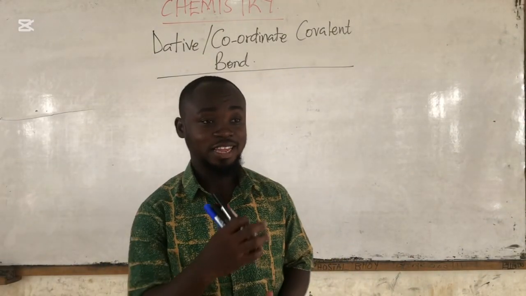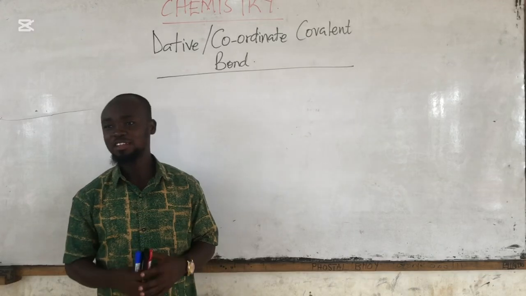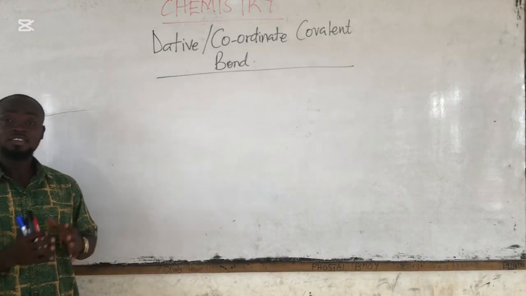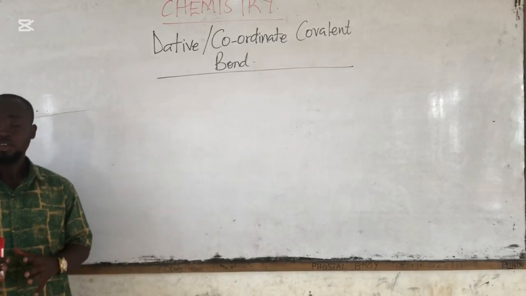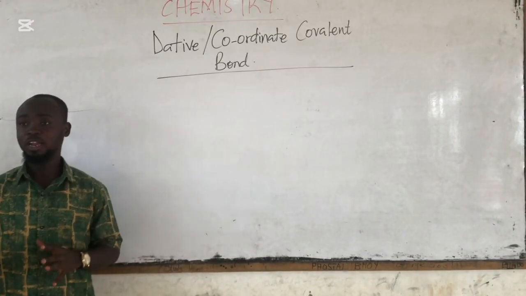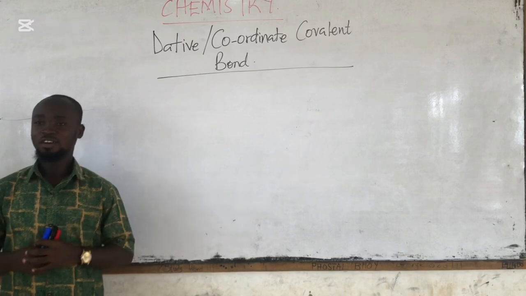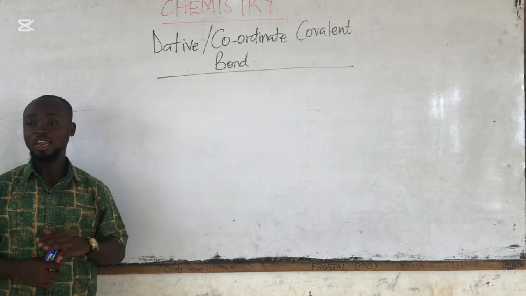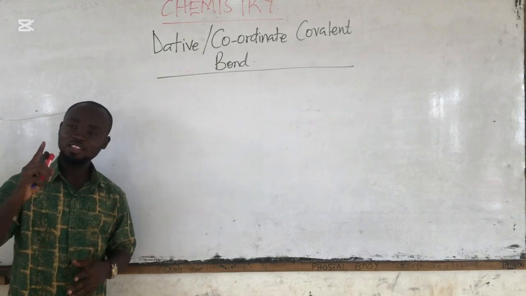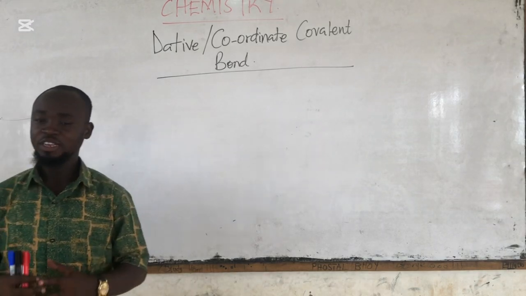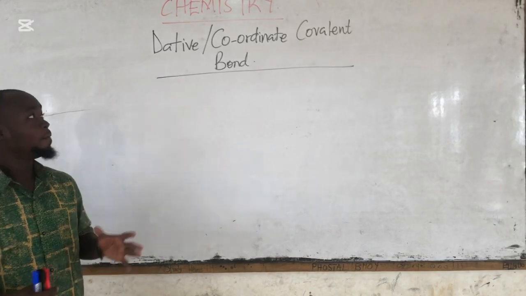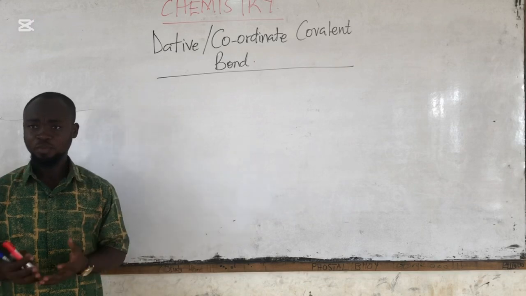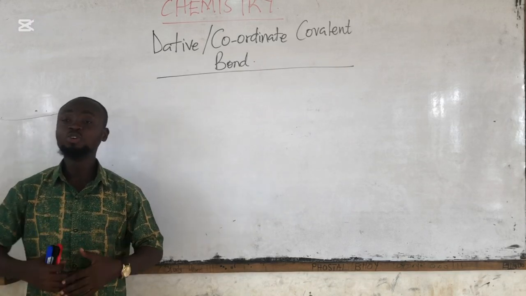Let's discuss dative or coordinate covalent bonds. Now, we've discussed polar and non-polar. If you've not watched our lesson on polar and non-polar, you can check it out on our channel as well. So, dative or coordinate covalent bonding. Don't forget, once covalent comes in, it means there is electron sharing taking place. But for dative or coordinate covalency, only one of the bonding species will donate the electron